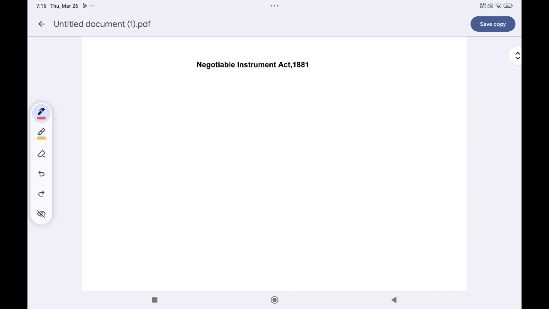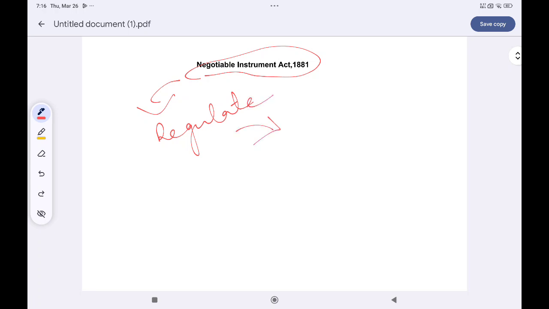Today I'm going to explain about the NI Act. It is the Negotiable Instrument Act, 1881. It is basically about regulating the financial instruments used in trade and commerce, and ensuring trust and certainty in monetary transactions. This Negotiable Instrument Act regulates all kinds of financial instruments in trade,